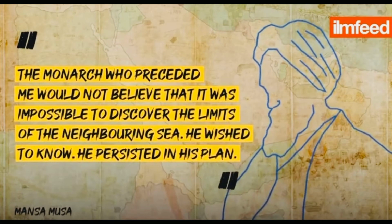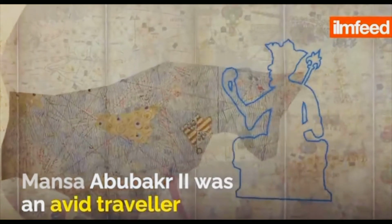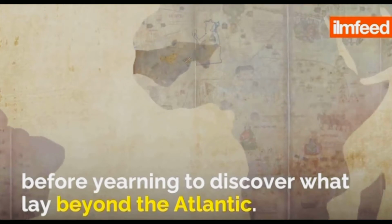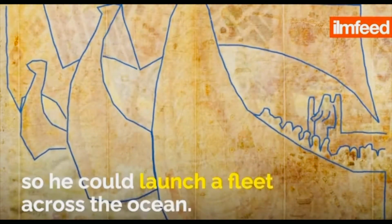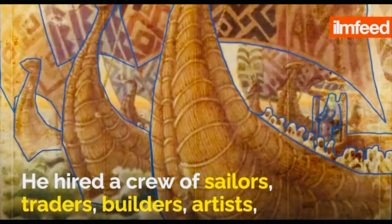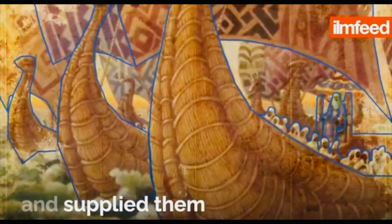He wished to know, he persisted in his plan. Mansa Abu Bakr II was an avid traveller and had roamed all around his vast empire before yearning to discover what lay beyond the Atlantic. So he called on engineers of the Lake Chad to build ships so he could launch a fleet across the ocean. He hired a crew of sailors, traders, builders, artists, warriors and learned men, and supplied them with enough rations